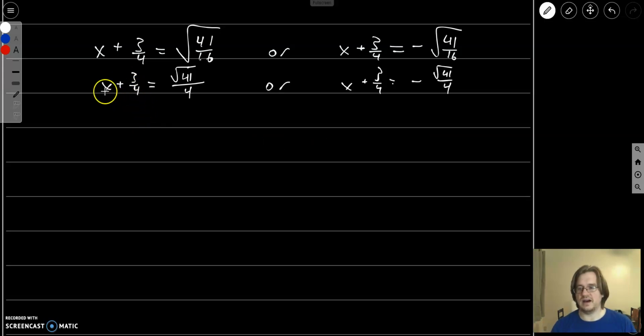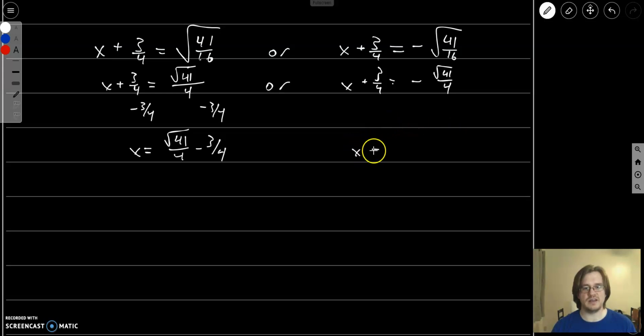And then I have x plus 3/4, so I will simply subtract 3/4 from both sides to get x is equal to the square root of 41 over 4 minus 3/4, or the same thing over here. X is equal to negative the square root of 41 over 4 minus